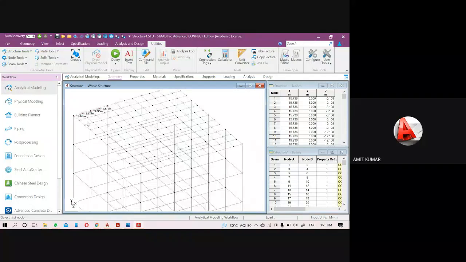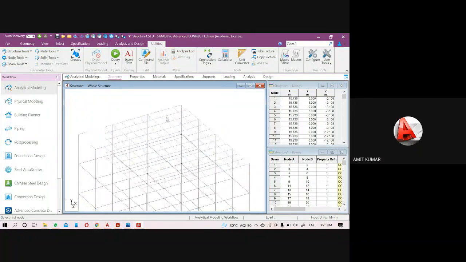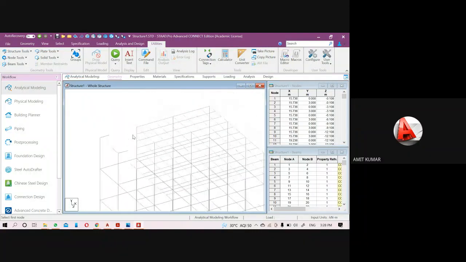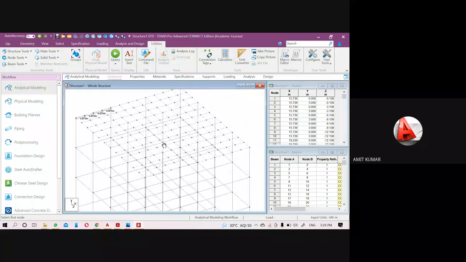If you create the meshing with more than 1 meter or more than 1.5 meters, in that condition the software will show you the plate stress also, but the distribution of the plate stress will not be too great, because creating more nodes will give you more data.